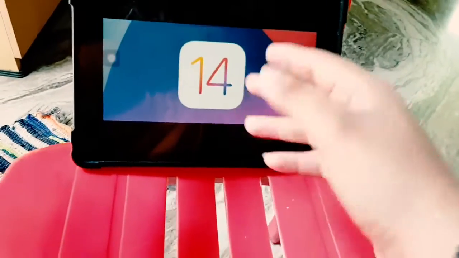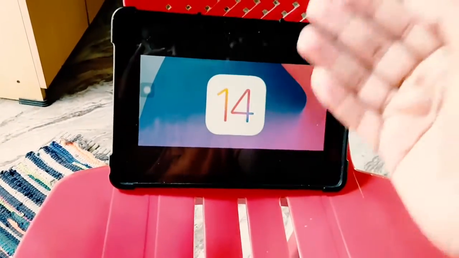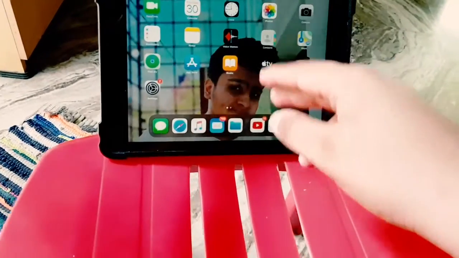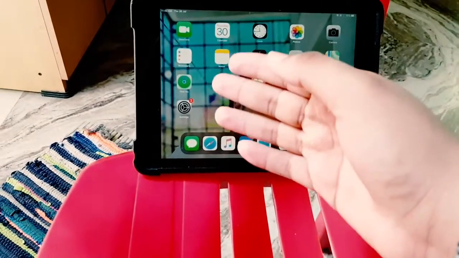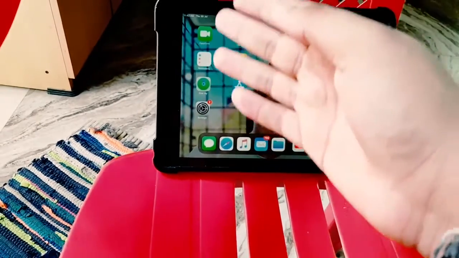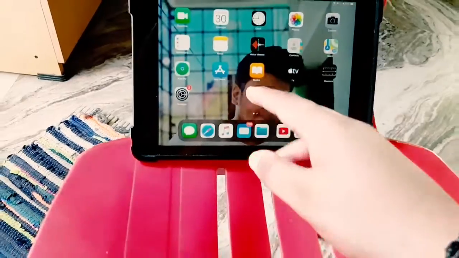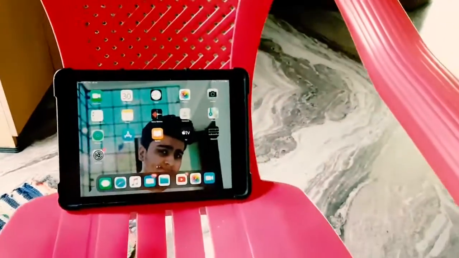This is a brand new version of iPadOS 14. Just two weeks ago, I updated this iPad to iPadOS 14, so you can see some top features I'm going to show you.